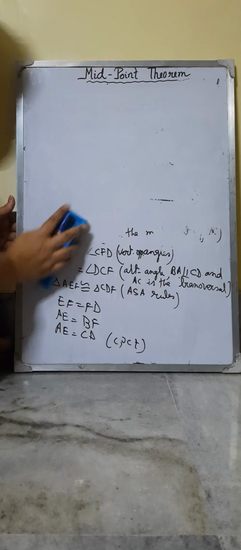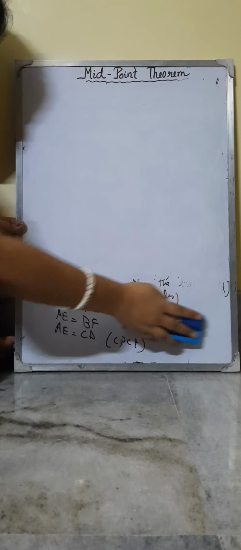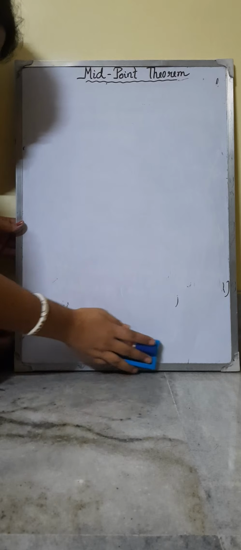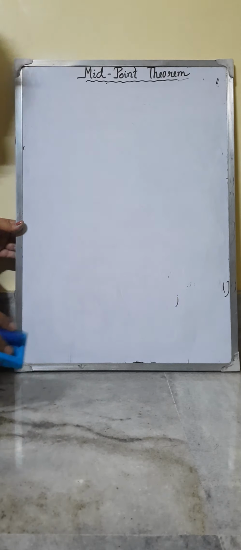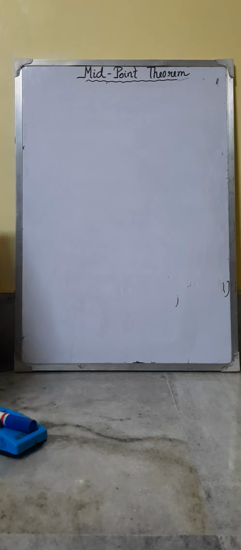Converse is what? Just opposite. If it is said that in a triangle the line drawn through the midpoint of one side of a triangle, parallel to another side, bisects the third side. So first you have to write the converse